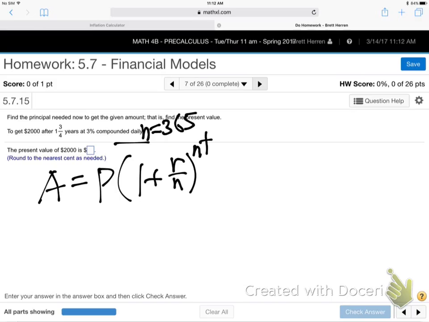Actually, some financial institutions use 360. I don't really understand why, but that's what they do. Anyway, so to get 2,000,